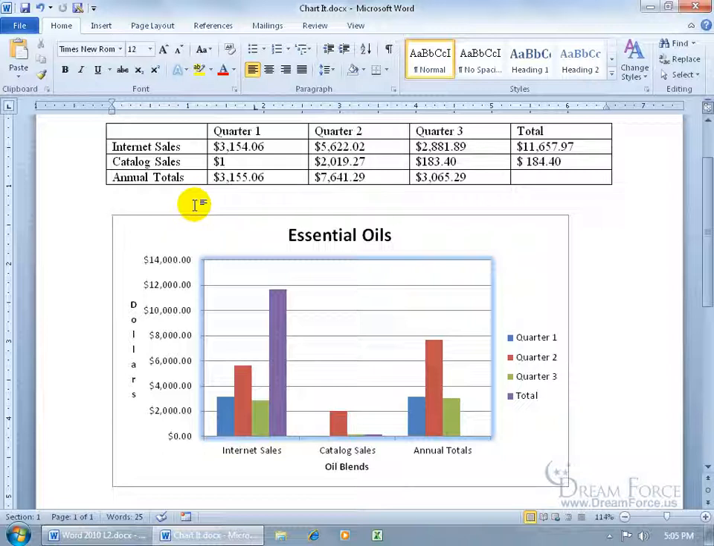So if you want to later on insert a table that automatically collects all those captions that you've inserted within your document and puts it into a table at the beginning of your document, well, then go ahead and insert it as a caption. That way I don't have to manually come down here and scroll through thousands of pages